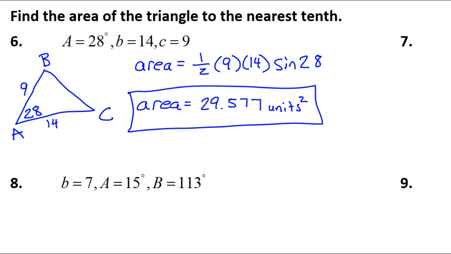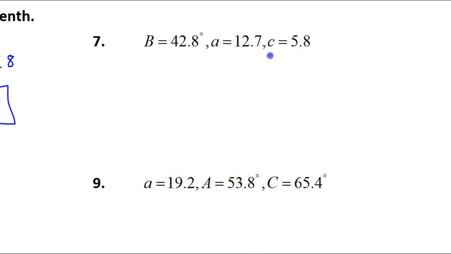Alright, let's do some more. Now, you can tell without drawing the picture that these will be two sides and the included angle, because anytime you have the two letters and then the angle is a different letter, then it's going to be two sides and the included angle. If we have triangle ABC,